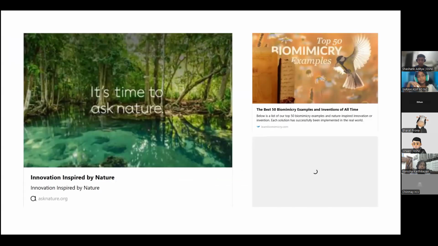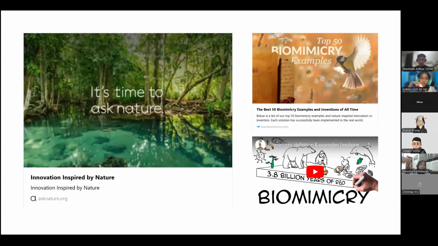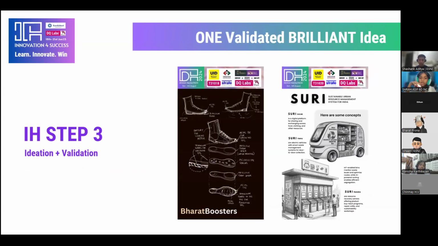So we really want you to show your earlier ideas and earlier sketches as well, and not just show the finished product, because we want to understand what you're really thinking and how you arrived at the final design. So document and put as many sketches and models as you can, so we'll understand what you're thinking. So that is the third step, which is ideation and validation.